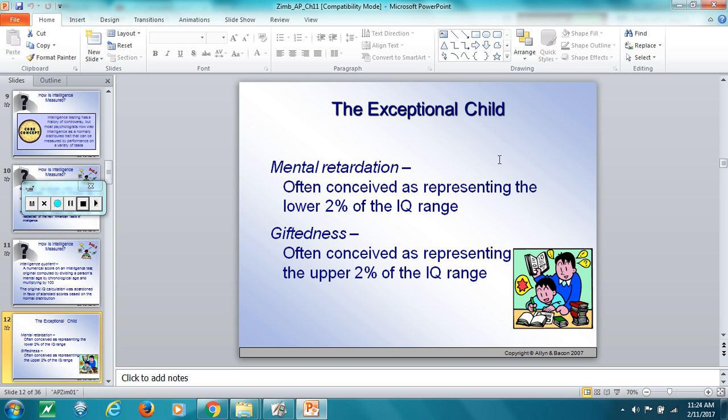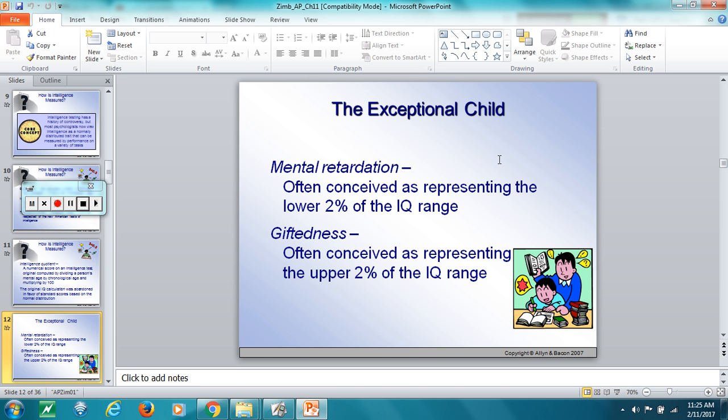and there are those people who are what we would consider to be mildly mentally retarded, meaning that they would have a reading ability probably up to maybe fourth, fifth, or sixth grade levels as an adult. And then you can get to areas that are very profound mental retardation where an individual needs constant care. They cannot feed themselves, they cannot care for themselves as far as bodily waste.